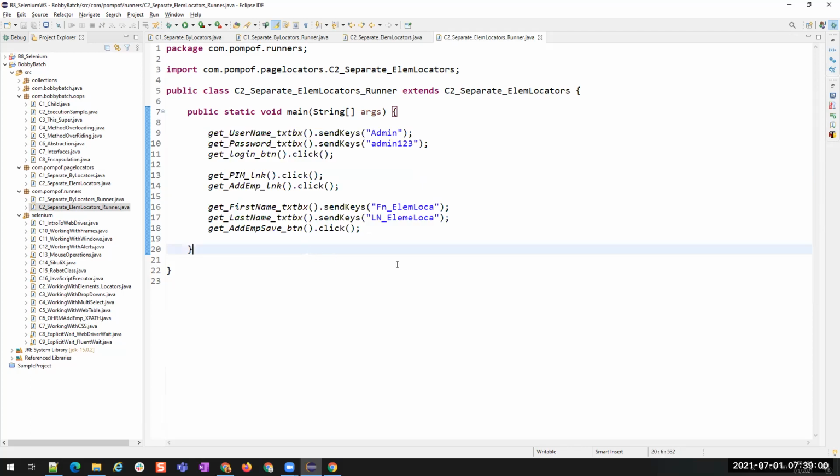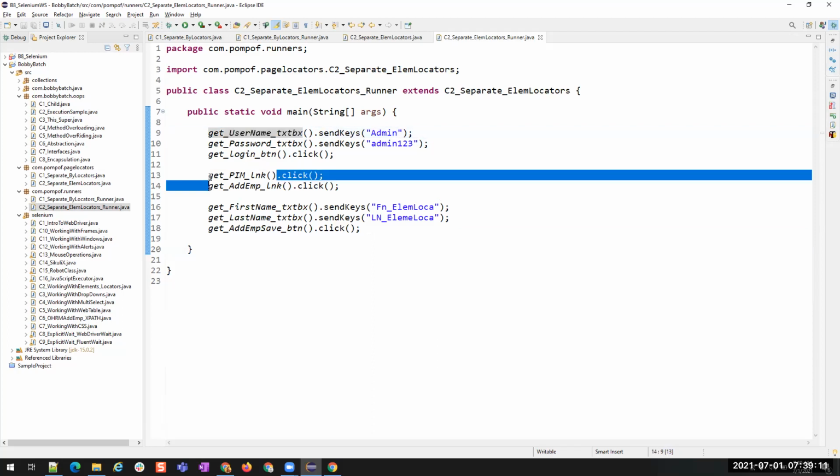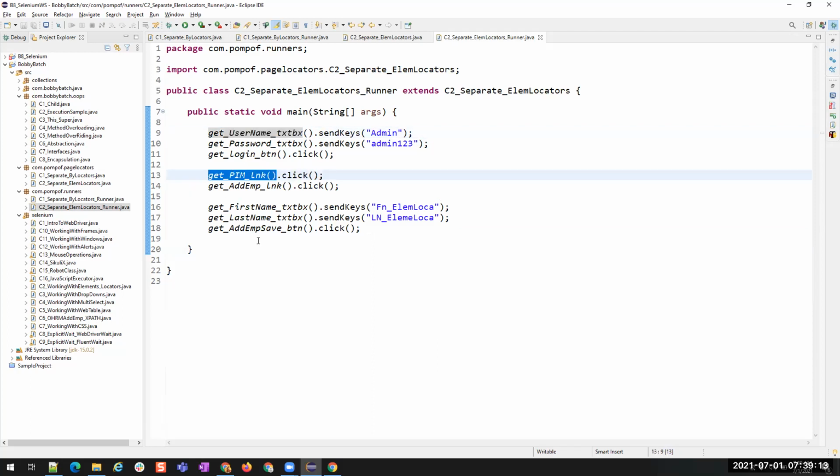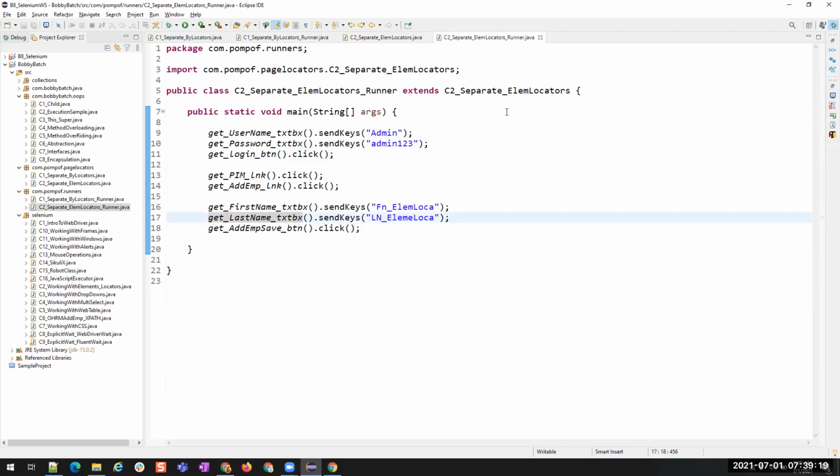It increases the readability and also reusability. Wherever you want the username text box, you just call this method so that you will get the username element. Wherever you want to use the PIM link, you just call this method, you will get the PIM link. Get it? How simplified the code is now?